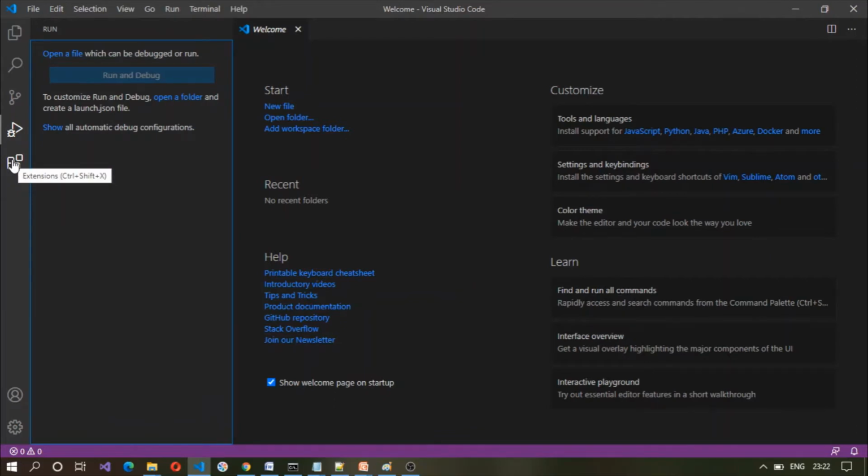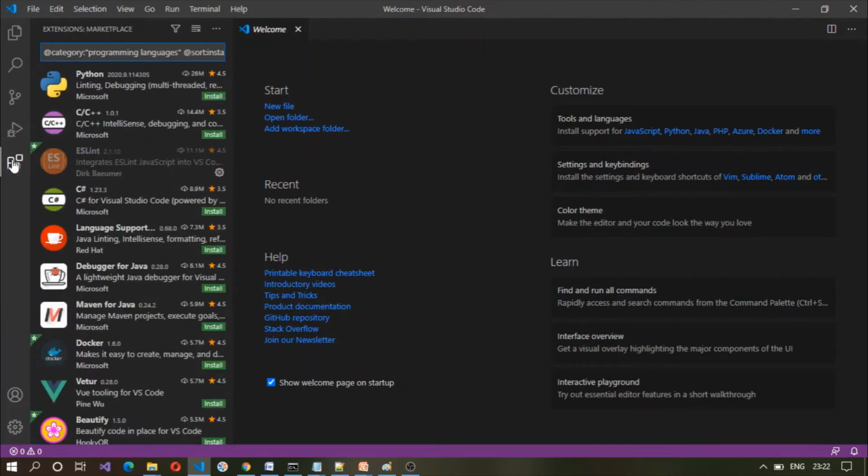The next one is extensions. If you click on extensions, as I said earlier, Visual Studio Code supports many languages and tools. You can add an extension for a particular language by going through extensions, selecting the extension which you are interested in, and clicking on install.